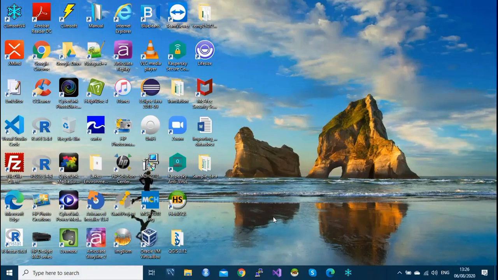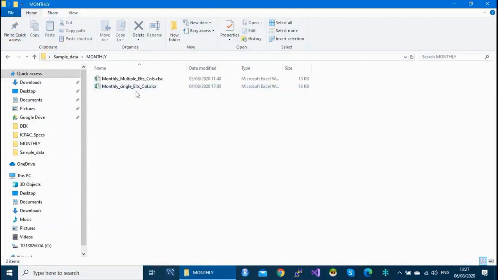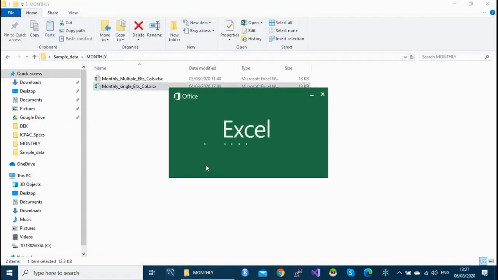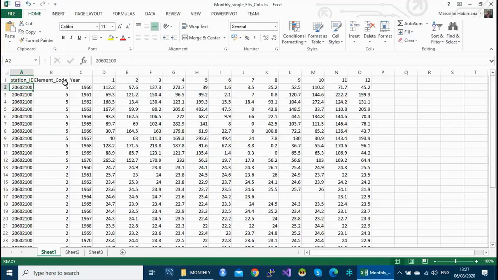So here I'm going to take you through the process of importing monthly data into CleanSoft, and here I have an example of monthly data. Scenario number one is a case of monthly data whereby element codes are in one column.